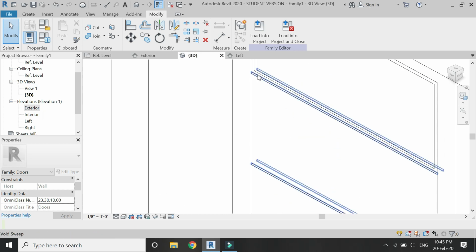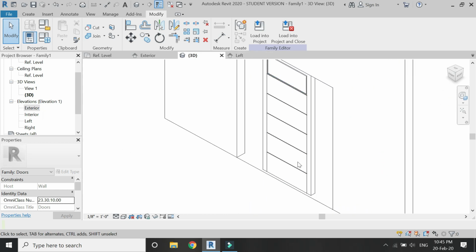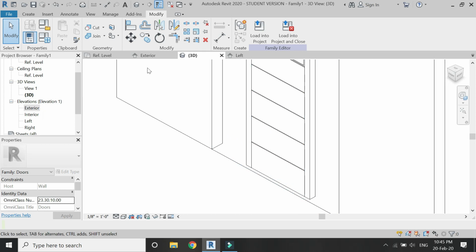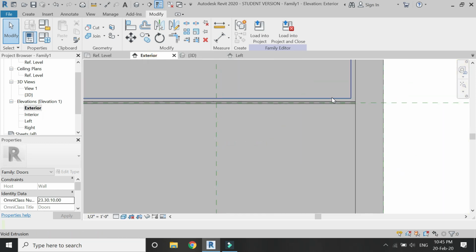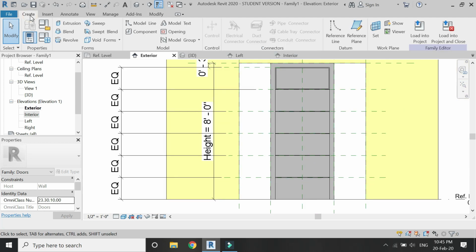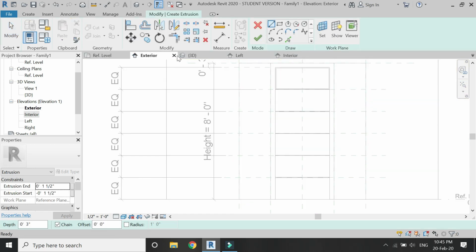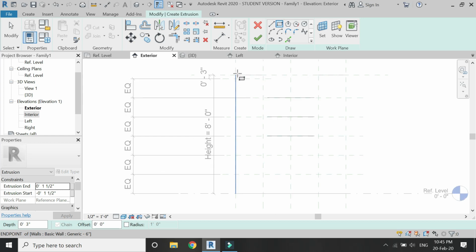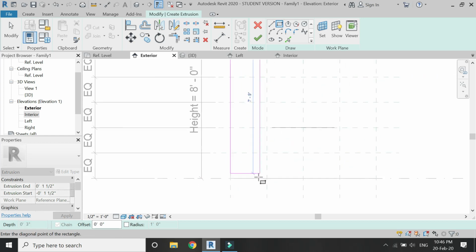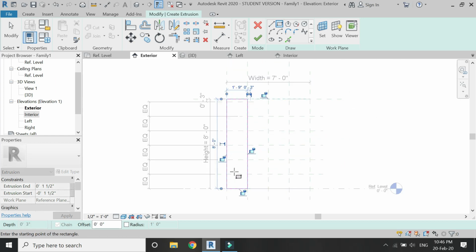So now the sweep has been created. The design of the door has been almost done. Now I need to create windows. For that I have selected extrusion and then I'm going to draw